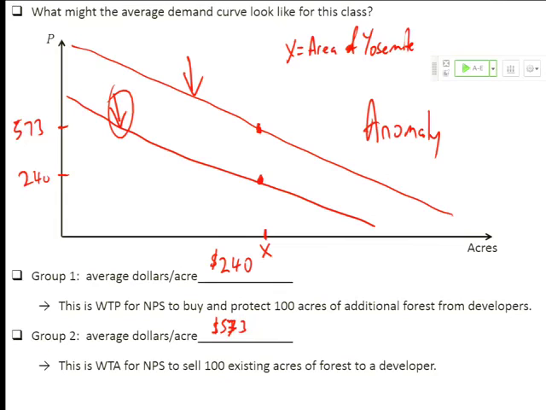the hypothetical thing I just did to you guys is a simplified version of something that is real in the policy world. It's called contingent valuation, or CV. So what I just did was I conducted a contingent valuation survey. It was a very rudimentary one, but the results are exactly the same as if I had done it in a much more scientific and rigorous way.